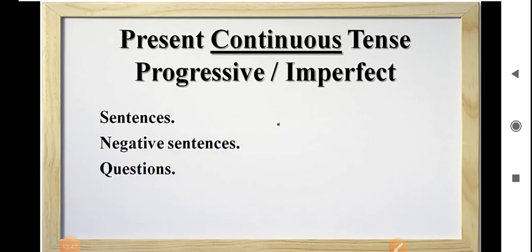Now we will take present continuous tense, the second type of present tense. The present continuous, also called present progressive, is a verb tense used to show that an ongoing action is happening now, either at the moment of speech or now in a larger sense. The present continuous can also be used to show that an action is going to take place in the near future.